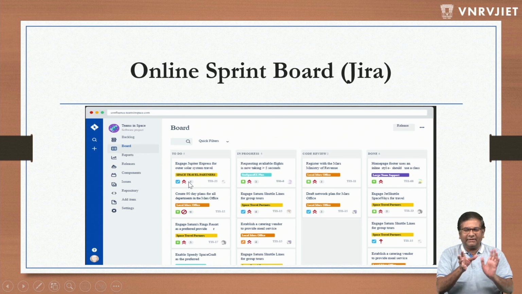What needs to be done, everything is documented in that. These tabs are like stories. Somebody grabs one using the mouse and puts it into in progress. A developer does that at the beginning of the sprint. Then he keeps working on it. Once the coding is done, it is put into review, then testing. Once the testing is done, it is put into done.